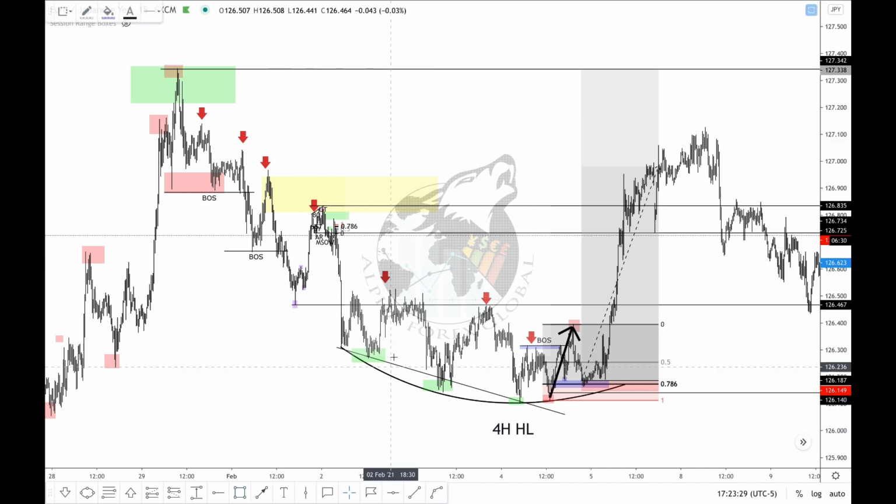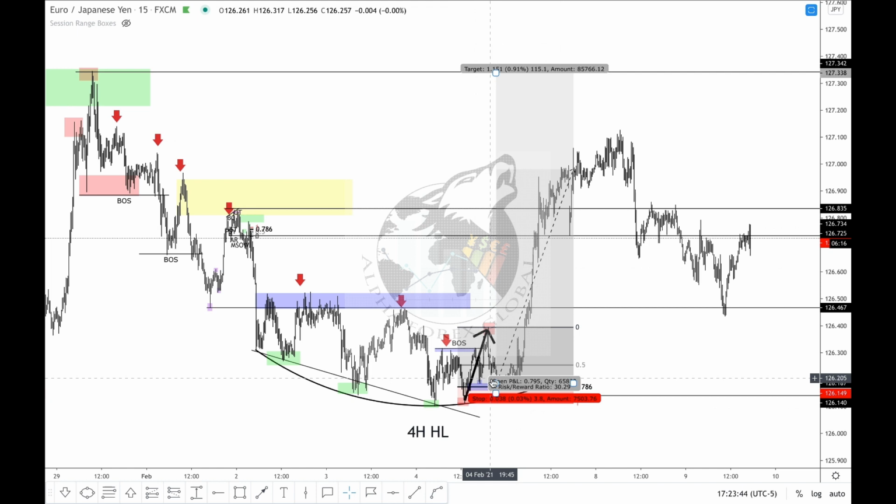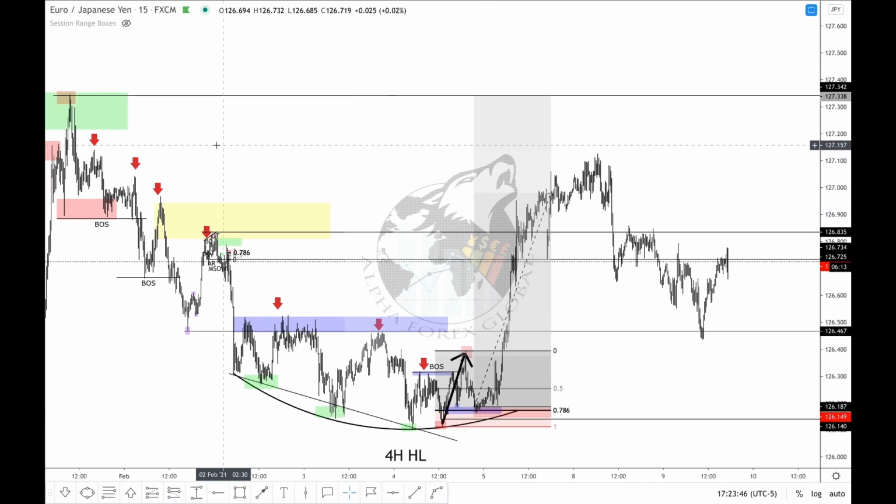All of this area to me is viewed as liquidity. So once I break above this area, my next target is the 1-hour lower high, right, to take partials. So I probably close 50% here, move stop loss to break even, and then I would be looking for the overall move to go to the 4-hour